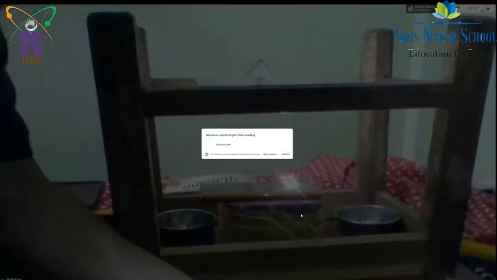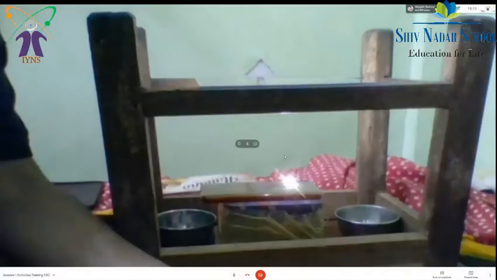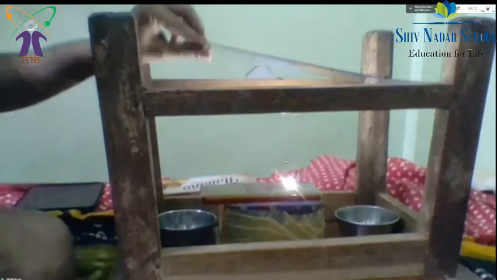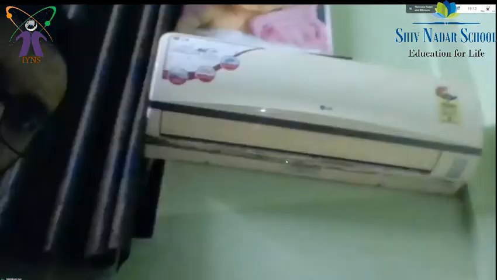You can see the light passing through the acrylic sheet, and it is being projected onto the ceiling as well.